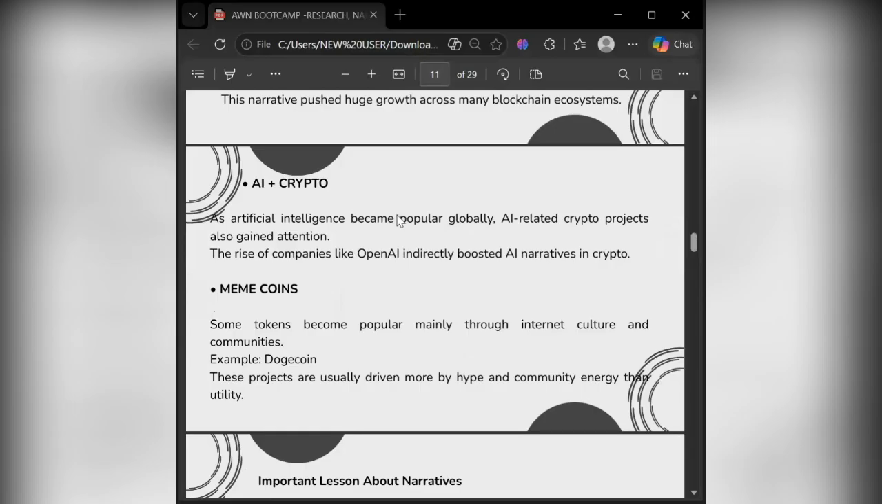Then the meme coins. Tokens became popular mainly through internet culture and communities. I don't have to really waste my time here. You know what a meme coin is, and when it has its own trend, Dogecoin, Bonk, all those meme coins were driven more by hype and community energy. They're not really about utility. So how many meme coins still have a tangible price as of now? They are all dumb. They can't really survive market conditions because they are just about hype and